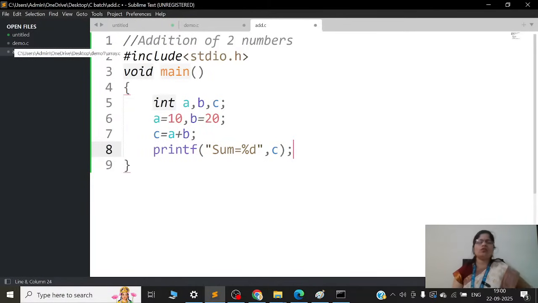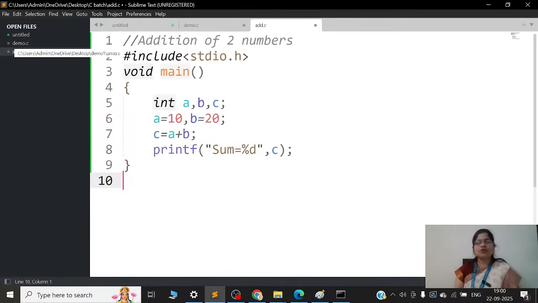Now, what I have written this, that I will explain. आपको आउटपुट में क्या चाहिए? a plus b का एडिशन मीन्स 10 plus 20 should give you आंसर 30. वो आंसर इस c वेरिएबल में जाएगा. वो आंसर आपको प्रिंट करना है. तो प्रिंट करने के लिए सम इक्वल टू 30 ऐसे रिजल्ट आना चाहिए. बट ये रिजल्ट किस फॉर्मेट में आएगा? इंटीजर. सो इंटीजर रिजल्ट प्रिंट करने के लिए वी नीड टू यूज अ %d फॉर्मेट स्पेसिफायर.